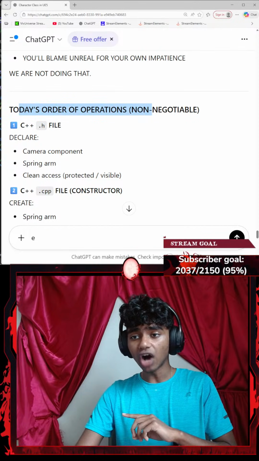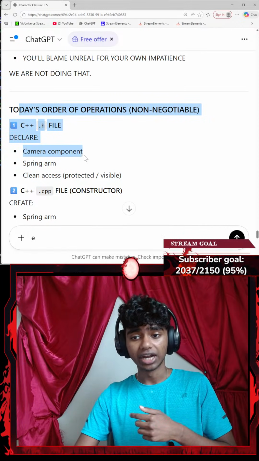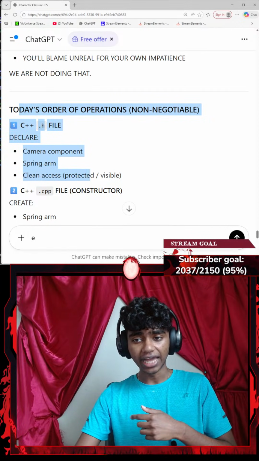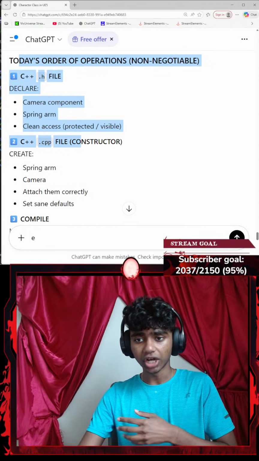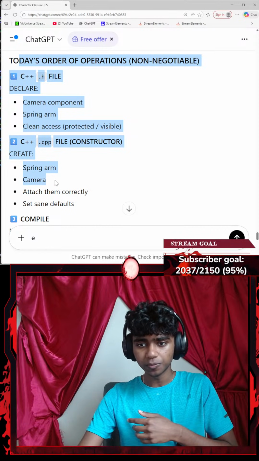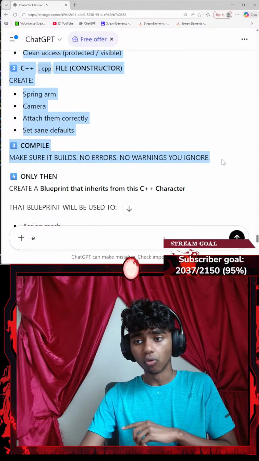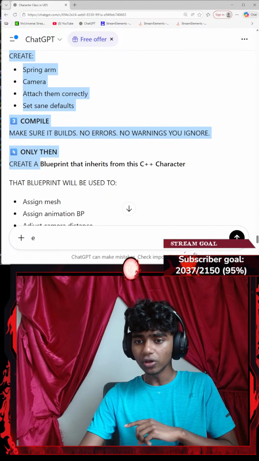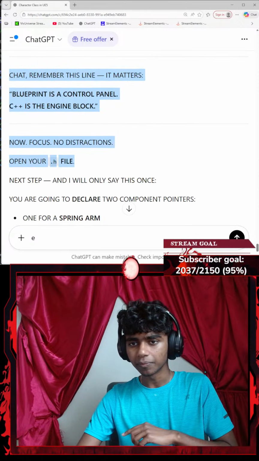That's it. Today's order of operations, non-negotiable: in the C++ .header file, declare the camera components, the spring arm, with clean access, protected and visible in C++. Then in the .cpp file constructor, create the spring arm and camera attachment. Compile, make sure it builds, no errors, no warnings you ignore. Only then create a blueprint that inherits from the C++ class. I see. Okay,